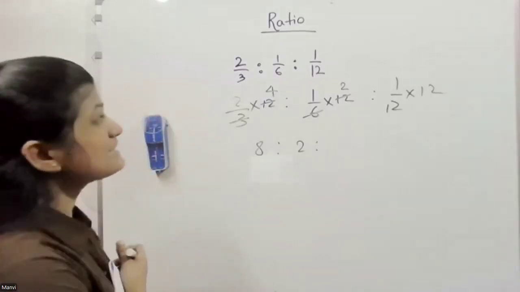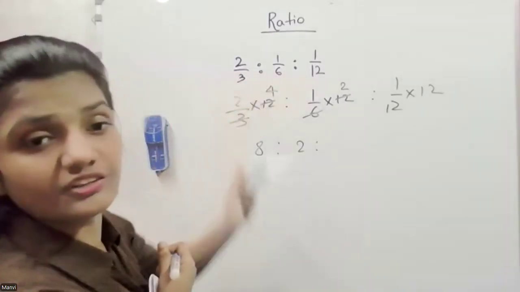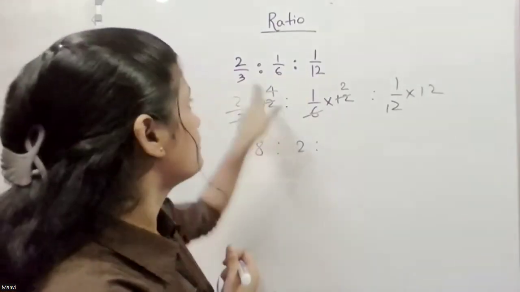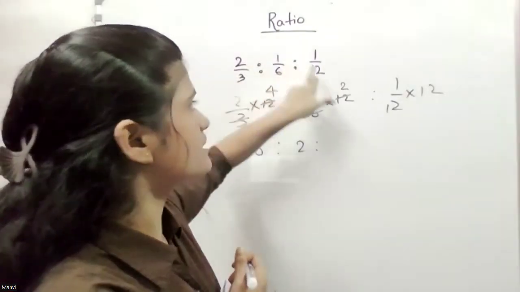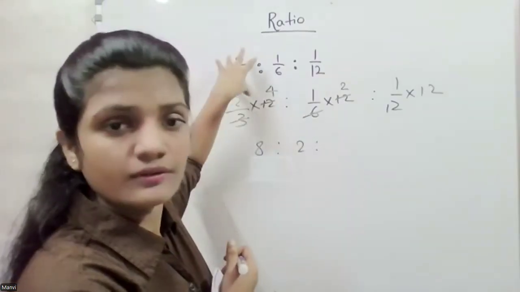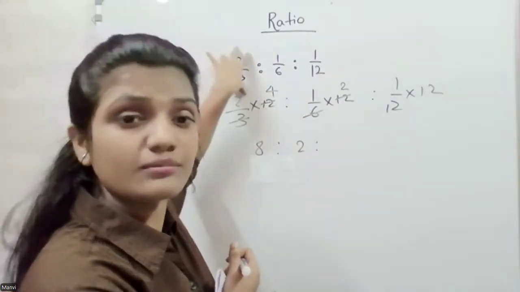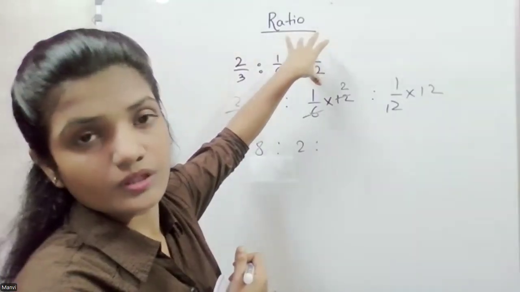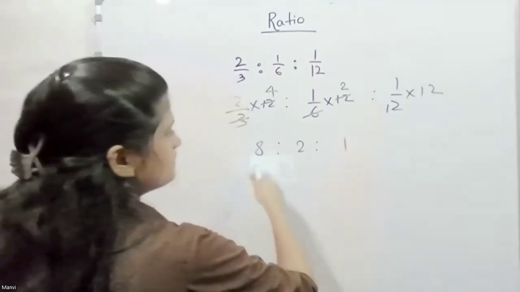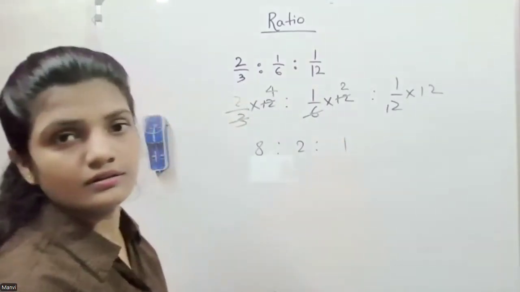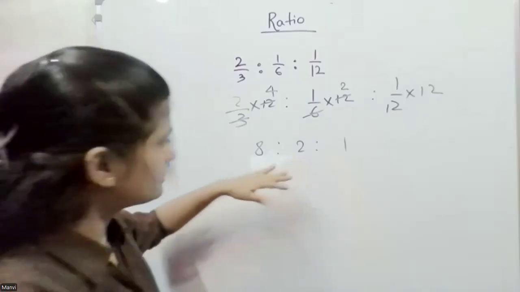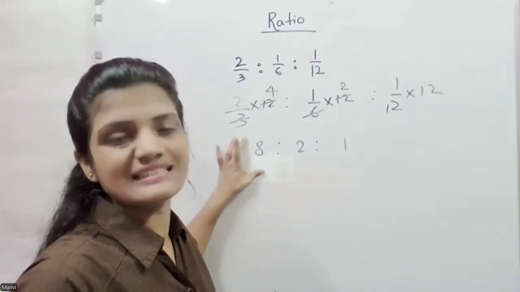And then when you simplify it, because we can't simplify all 3 ratio with 3 different numbers. It's not like multiply this fraction with 3, then this with 6, and this with 12. No, we can't do that. Whatever we are doing with one part, we must do the same thing with all 3. Okay, so the answer will be 8 ratio 2 ratio 1. Don't simplify with these two. The answer is already in simplest form.